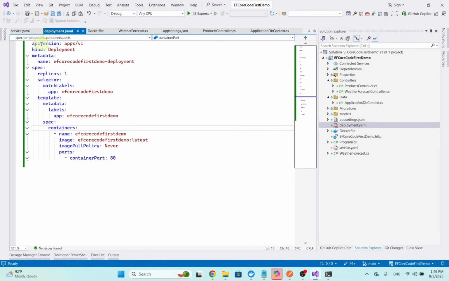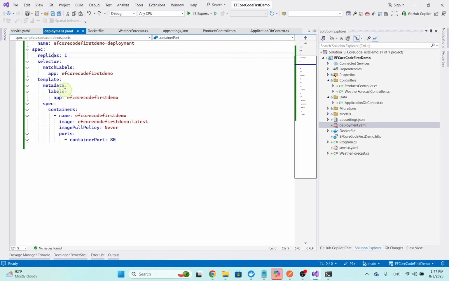If we review this content, the apiVersion is actually using the apps/v1 version of the Kubernetes API for deployment. Here we are creating a Deployment object, with metadata like the name of the deployment. Replicas runs one instance of the application. You can provide two here as well to run two instances of the application. Here we are giving a label to the application to identify the pod. Then we have the name of the container and the Docker image we are using.